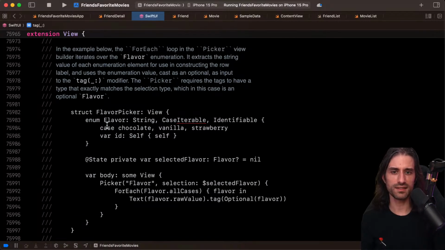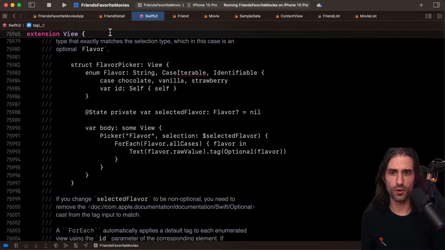So the idea is that when you show a picker, usually, you won't show the full object. You're going to show some of its properties. Maybe you will only show the title. Maybe you will show an image and the title, but you won't show the object itself. So the problem that you have is, how do you reconcile the user tapping on something that displays a formatted subset of the properties of the object, with the object itself? And the way you do it is by setting the object itself as the tag.